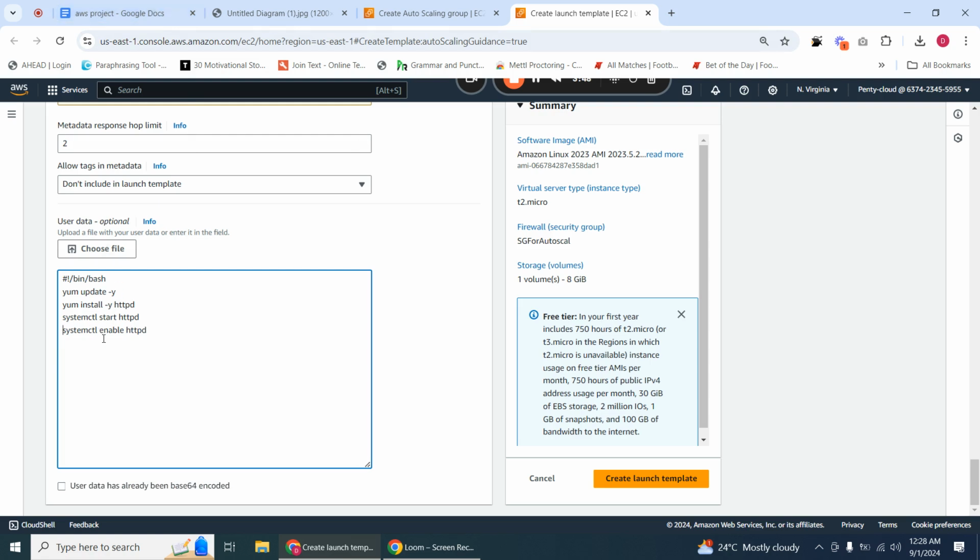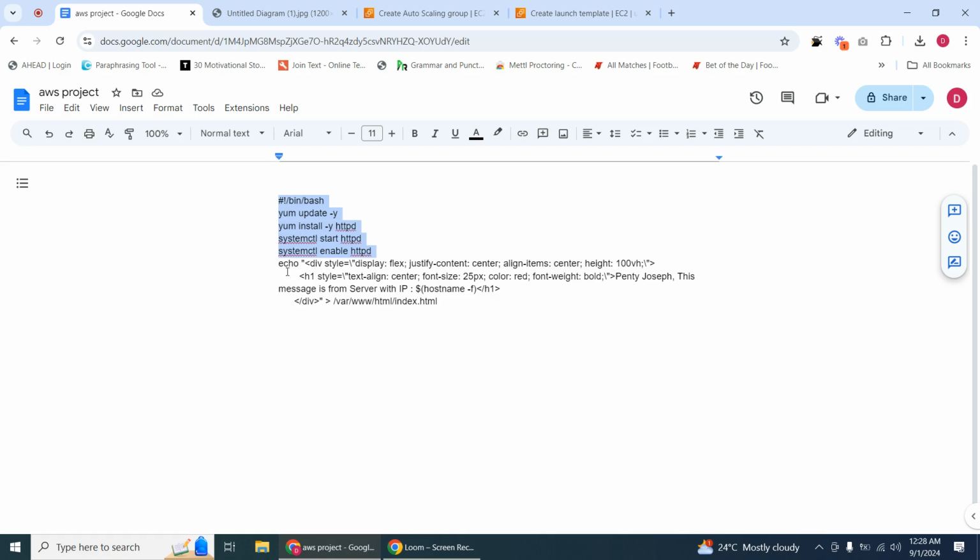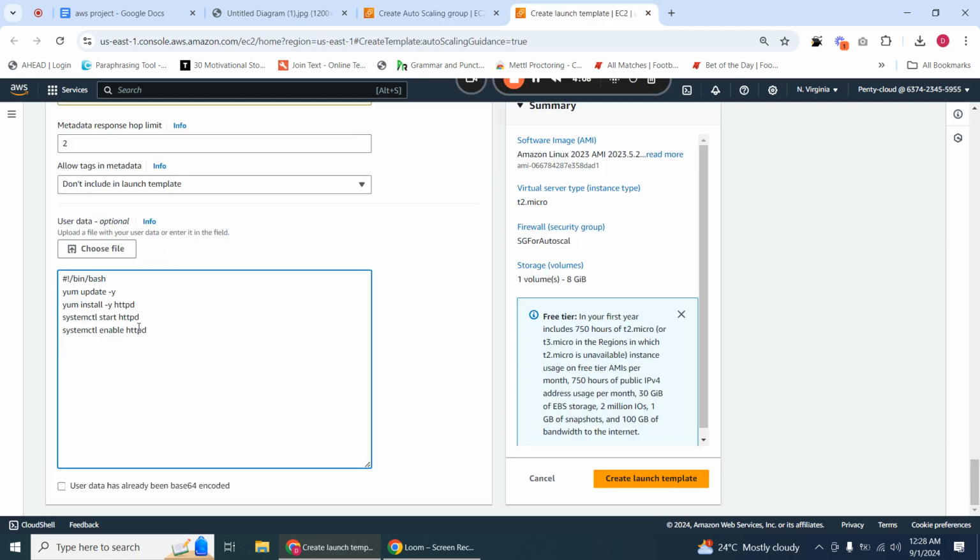After we have provisioned and installed the web server, we need the content to give it to render. So I'm going to copy the last command, which is echo this. I will explain so you understand. Echo this, and then I'll paste it here as well. So what this is doing is that